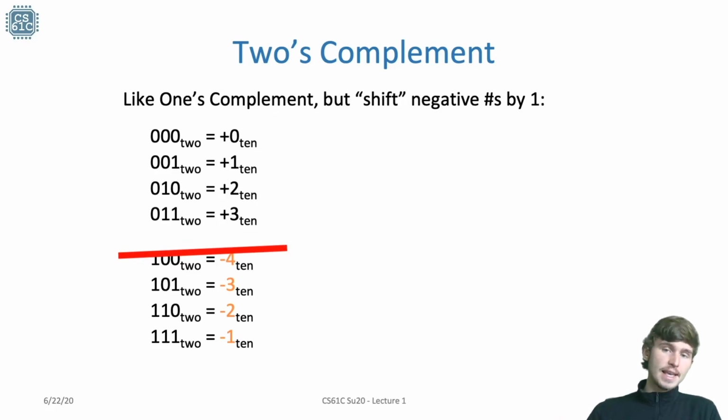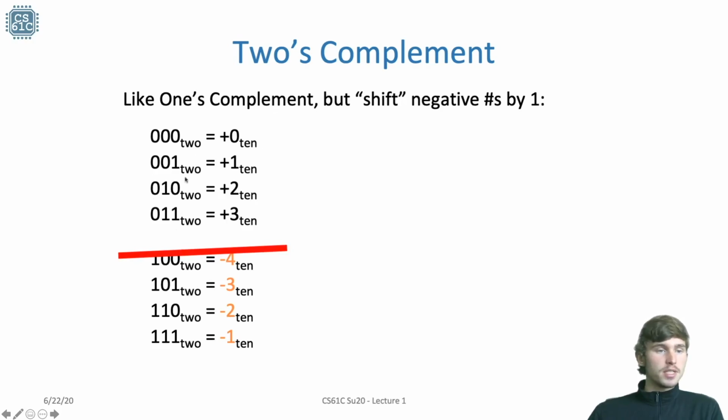In reality, what this is saying is that the most significant bit is going to represent a negative value of whatever that bit is. For example, here, this value that I have my mouse over is 2 to the 2, but it's now negative, so that's negative 2 to the 2, which will give us negative 4. Similar for negative 3: this is still negative 4, but now we have a positive 1 here, because all the other bits are positive, which means we'll get negative 3. You can see the similar thing for negative 2, because this is a 2, and this is negative 4, so negative 4 plus 2 is negative 2, and so on.